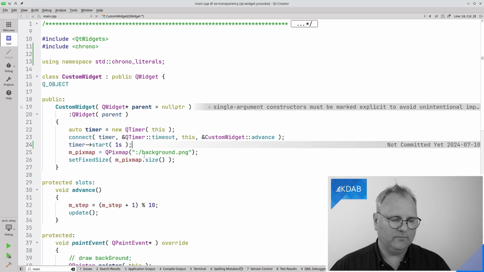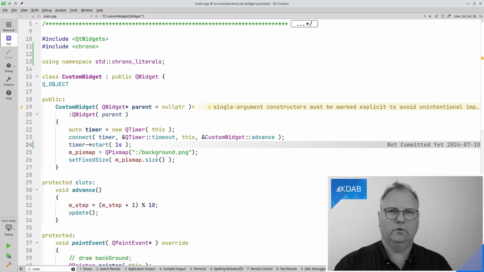It loads in a pixmap here, and I did promise you to talk a bit about what's the difference between a pixmap and an image. Both of these look very similar to each other these days, because a lot of the API from one has migrated into the other. But at least conceptually, maybe even more than conceptually, you can think of the pixmap as located on your GPU, ready to be moved to the screen, while the image is actually a data structure in your CPU memory, and you can easily access the individual pixels in that image, while the pixmap is optimized for being put on the screen real fast.